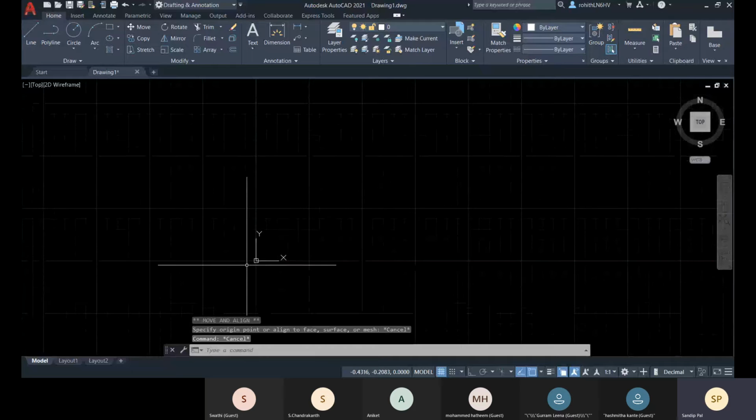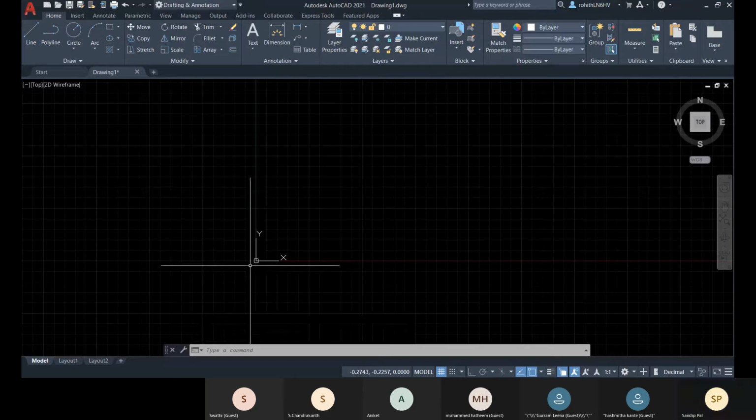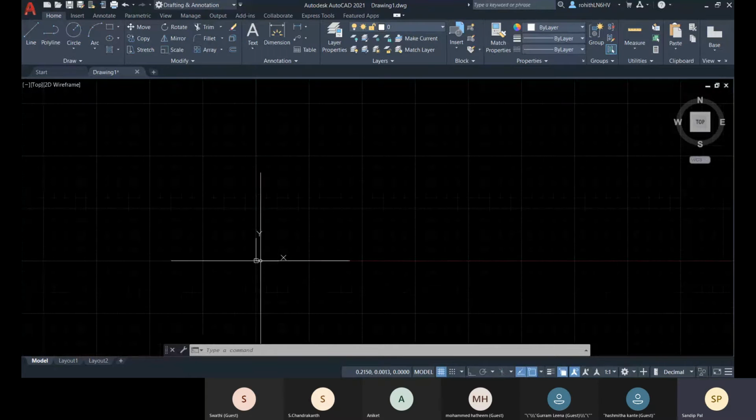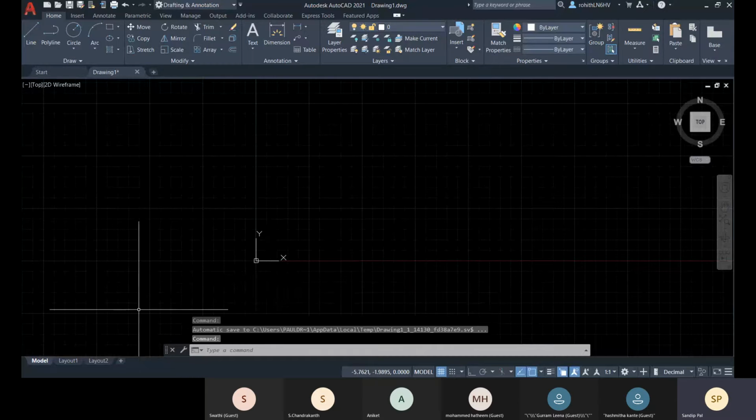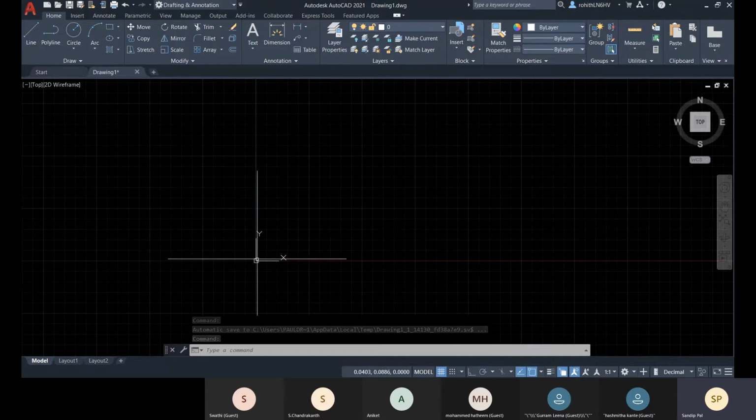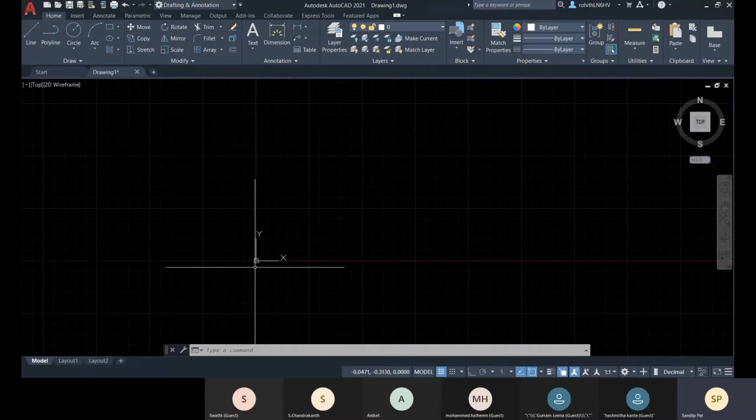Yeah. So here you see that you have this UCS icon, but at the origin you see this little box, right? Whenever at the origin of your UCS you get this little square, that is the meaning of the alignment with WCS.